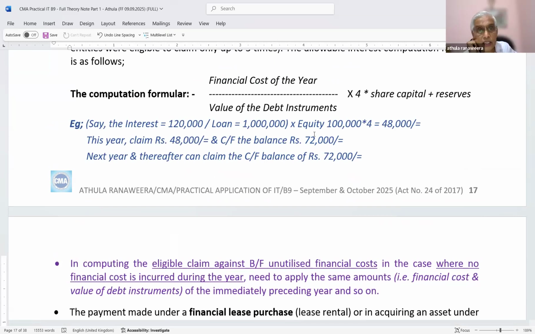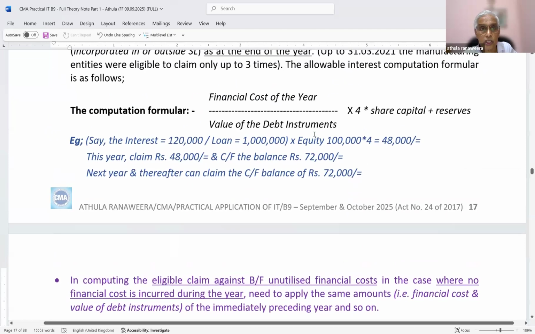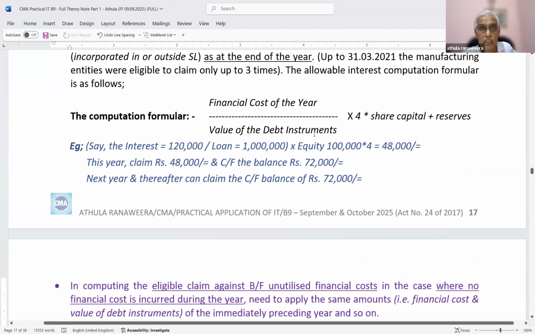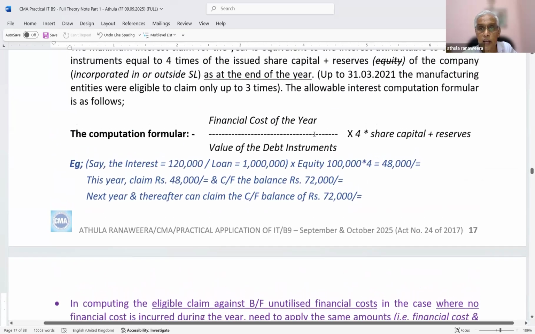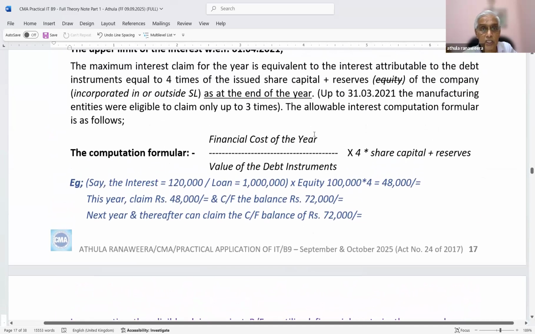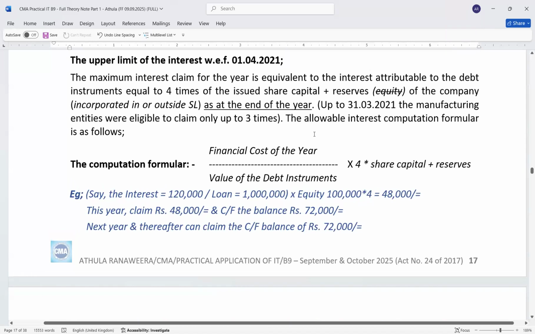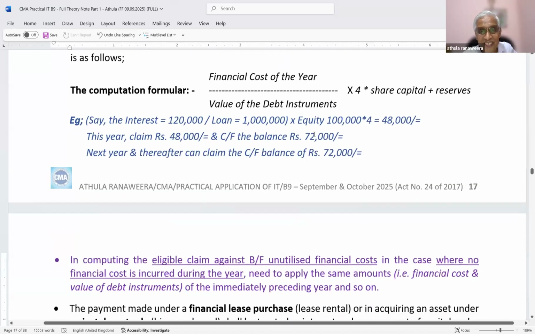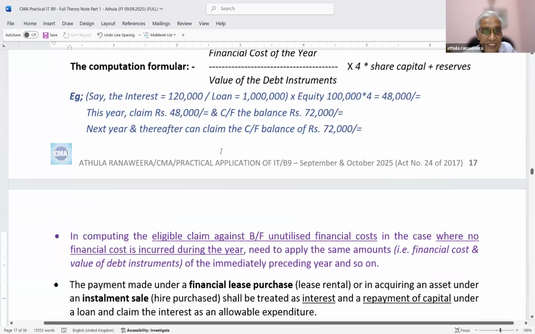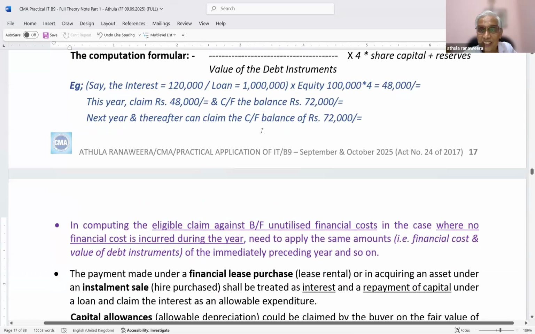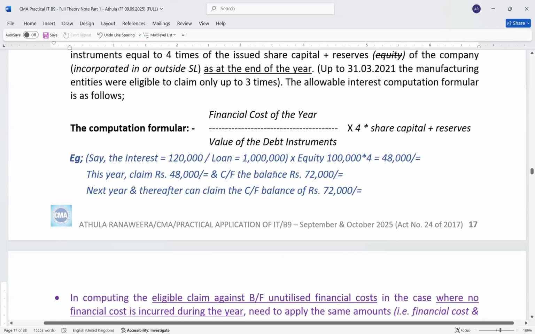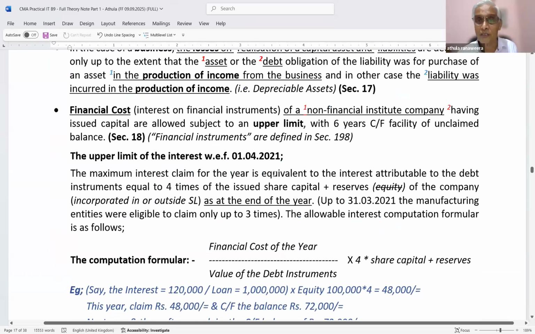No, the law says other than revaluation reserve. Specifically, it is mentioned other than revaluation reserves, right? Therefore, you can't take revaluation reserves. Haven't I mentioned that here? Oh, I have overlooked to mention that. No, it's not here. Yes, I have overlooked to mention that.